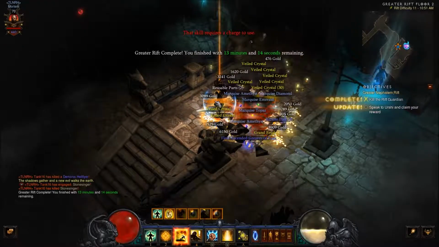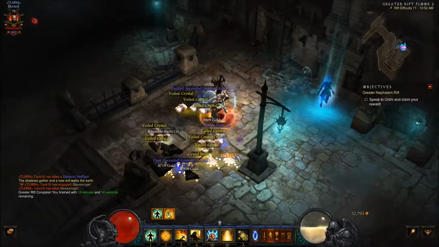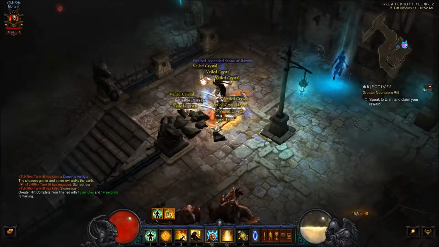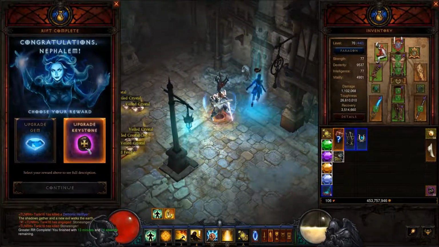Yes, I have triumphed. Yay. I got a war axe, guys. By the way, if you're wondering why I'm not picking up yellows, it's because I have well over 10,000 veiled crystals, but I do need the blues, so...